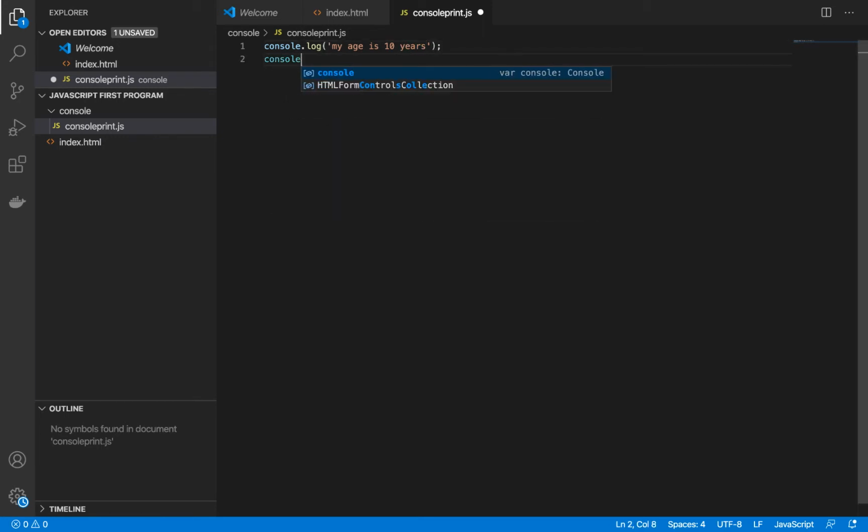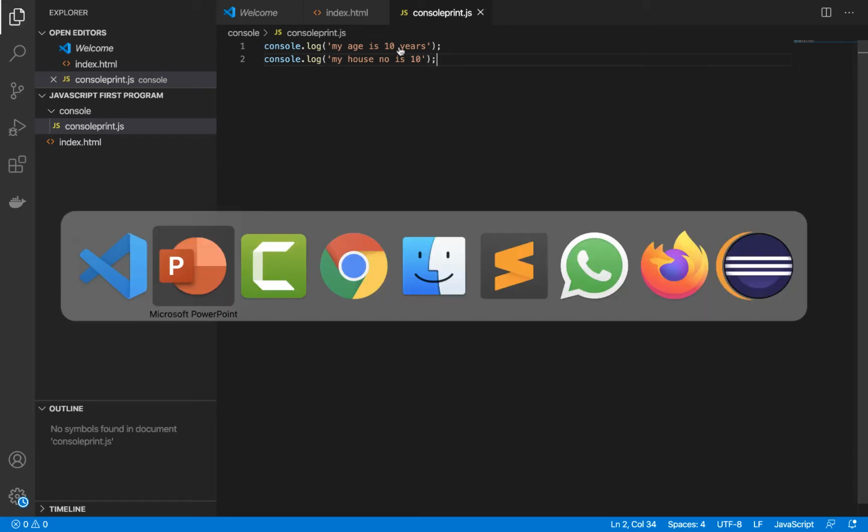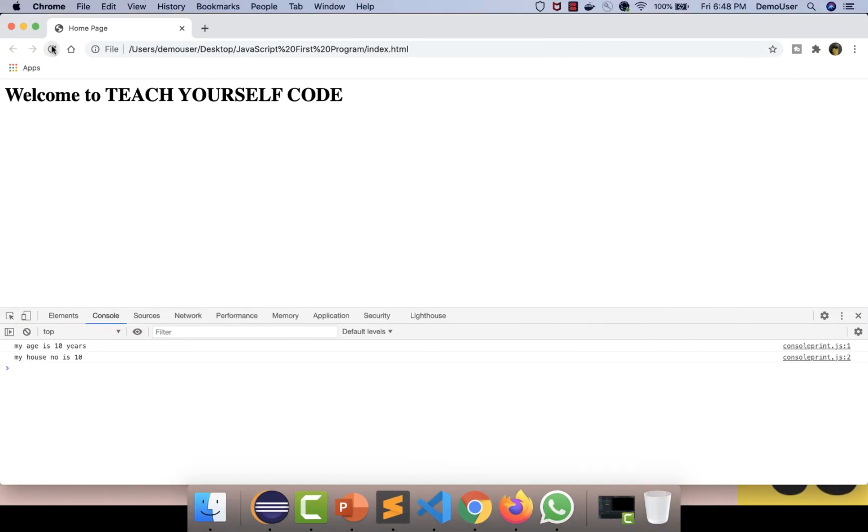And let's say I want to print one more thing: my house number is 10. Now when we run this code, let me open my browser again and refresh. You can see it's printing these two values.